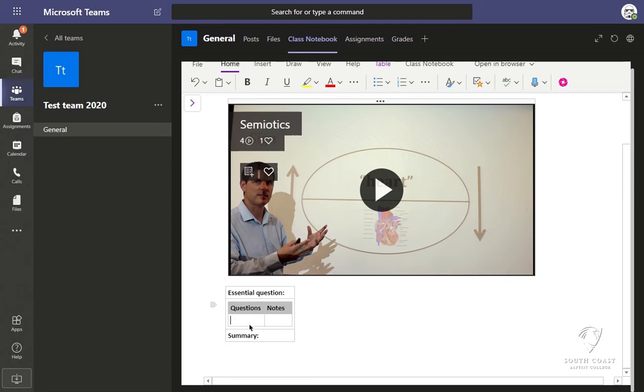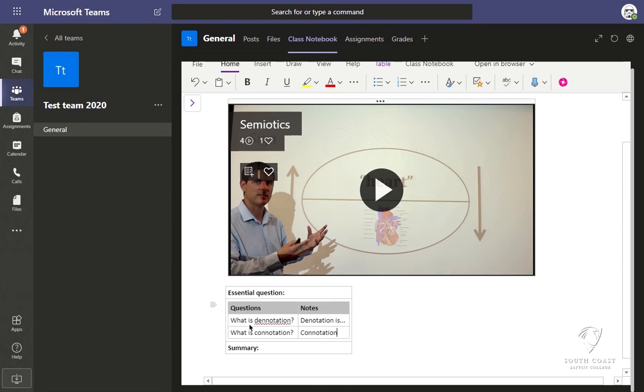What we're going to do now is show in the middle how this middle bit works. So once they've finished that line, if they hit enter, it creates another row in the table. If they need to add